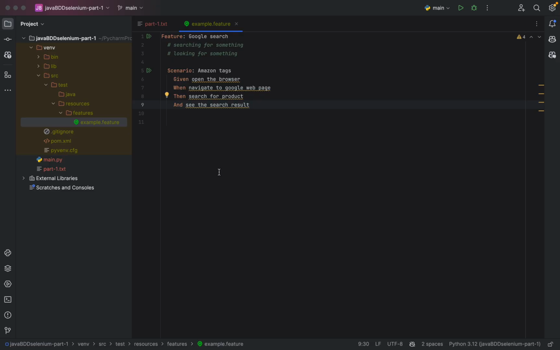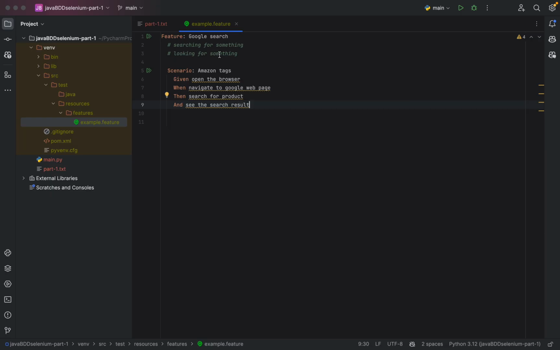Okay, next, step definition. So we need to write these Java methods to map your Gherkin steps. So these are the Gherkin steps, right? So we'll be having a step definitions directory. So we'll be having a directory in our project called step definitions. And where is that step definition located? So the step definition is located